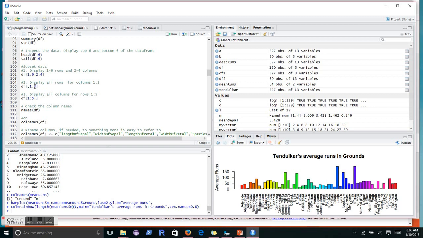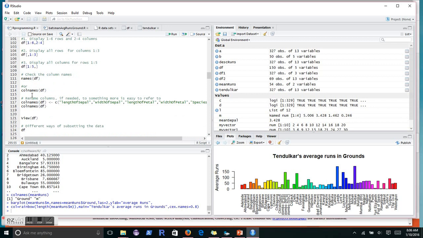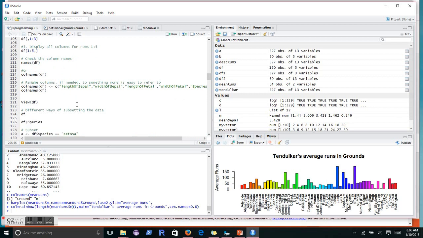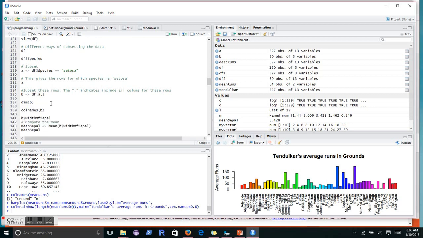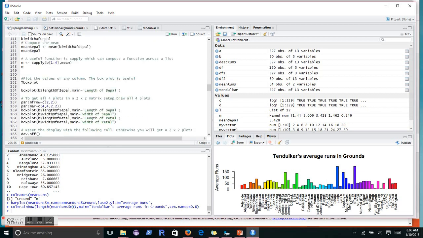Then how to subset a data frame by using the colon operator, comma for the row and colon for the column, how to get the column names of a data frame, how to change the column names, how to view your data frames, how to refer to some specific column using the $ sign,